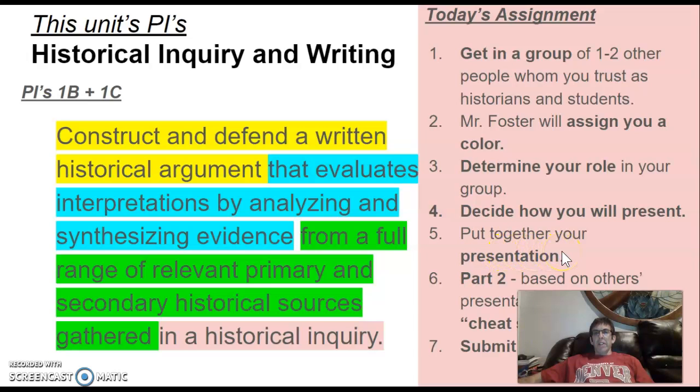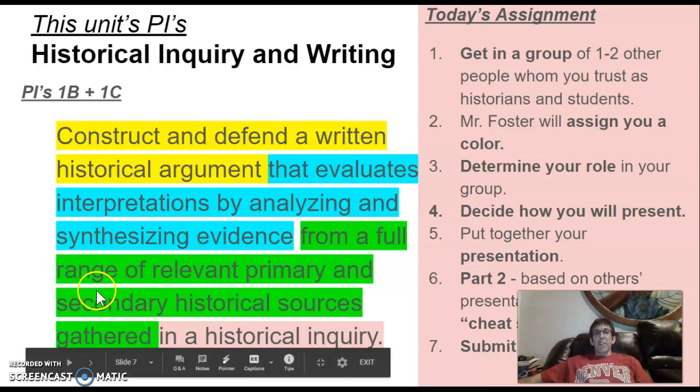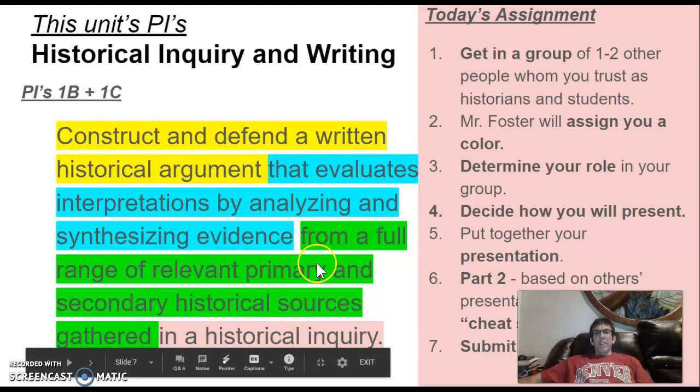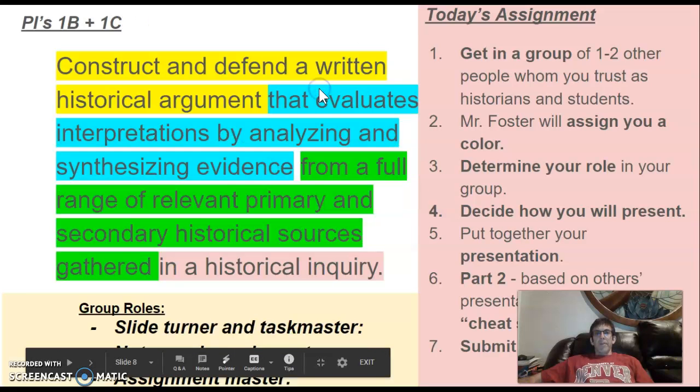Okay, Garrett? So as long as you do a nice piece of information related to the green right there, and you send it to me, then I will give you, and you might need to remind me to say, Mr. Foster, hey, I thought you were going to give me the rest of these colors, because you're also going to need yellow, teal, I guess that's what it's called, and red. So as long as you give me your assignment that has green, then I will give you yellow, teal, and red. Okay? All right.